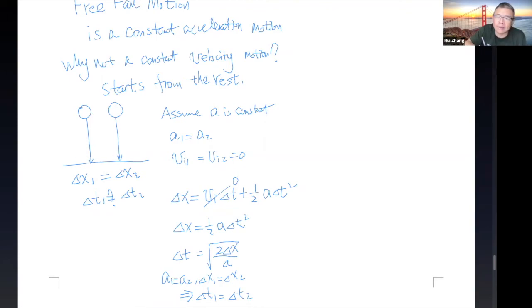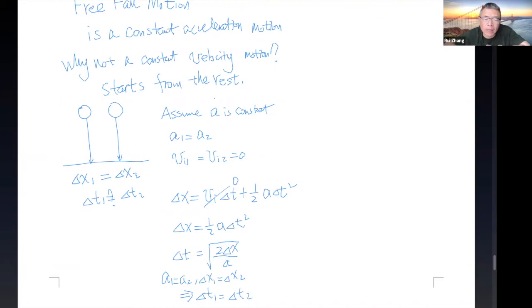Okay, that makes sense. Now you may wonder, there are still two questions to ask. You may wonder why they are moving with constant acceleration. We haven't talked about that part yet. That's a question of dynamics. I have to explain where the motion comes from to answer that question. So we don't know that answer. For now, the only thing we know is if we assume a is constant, then we can explain